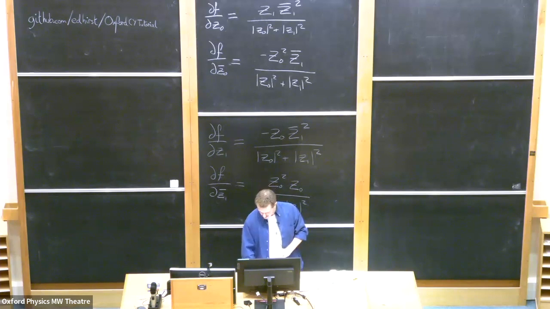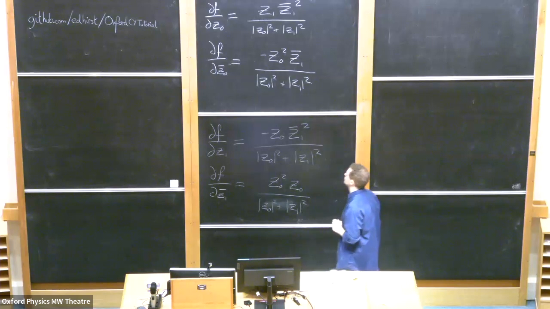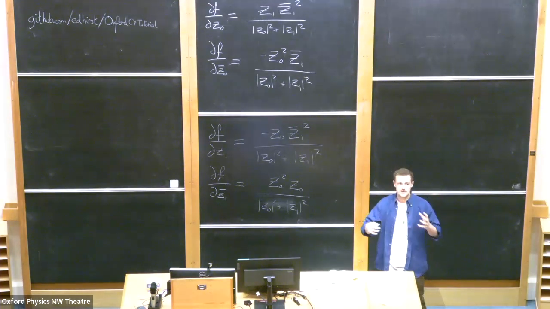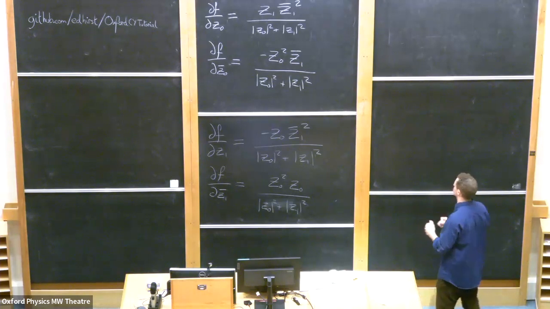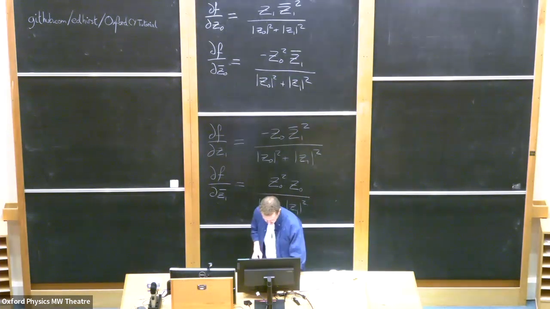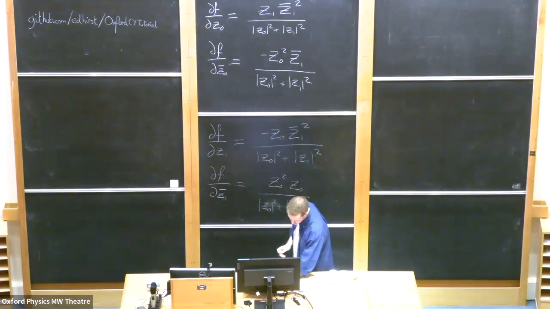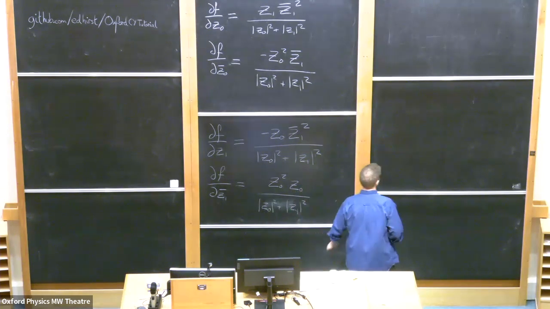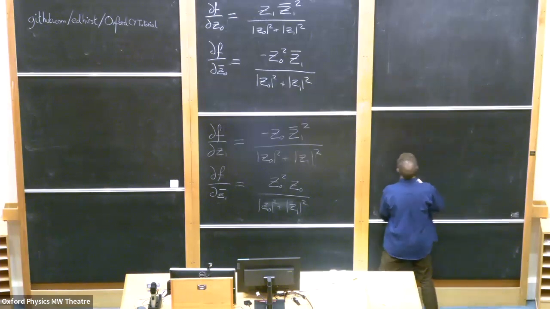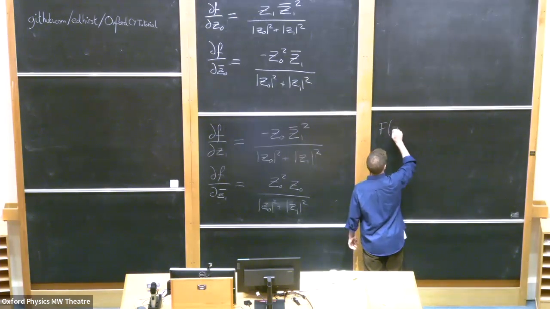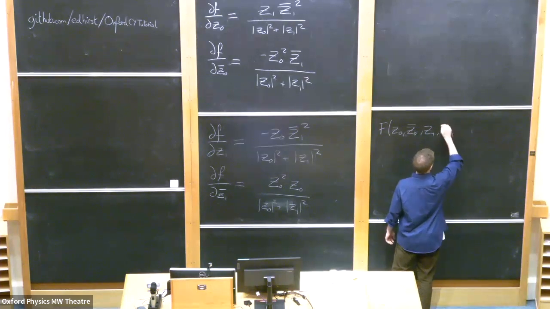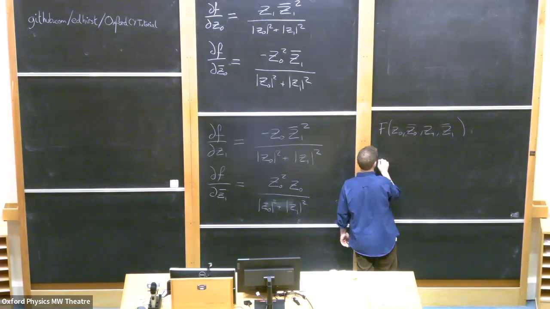What we are going to start with is some ansatz for the function style. This is going to give us a set of coefficients within that ansatz, i.e. our parameters that we're going to be optimizing to represent the true function. Give me one second, let me just get that copied correctly. I'll get the coefficient names right. We're going to say our function of Z0, Z0 bar, Z1 and Z1 bar is going to take the form